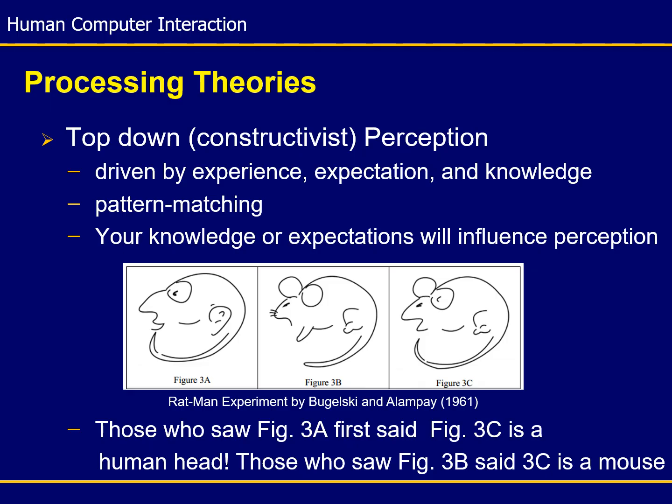A very famous experiment that tried to prove this is the one that I am putting an image up for here. The researchers got a number of participants and divided them into two groups. In the first group, they showed them figure 3A. And then later on, they showed them figure 3C and asked them, what is this? The answer was, it's a sketch of a man's head. Then the second group was shown figure 3B, which is an image of a mouse. And then later on they showed them figure 3C and they said it's a sketch of a mouse. And that was a proof that